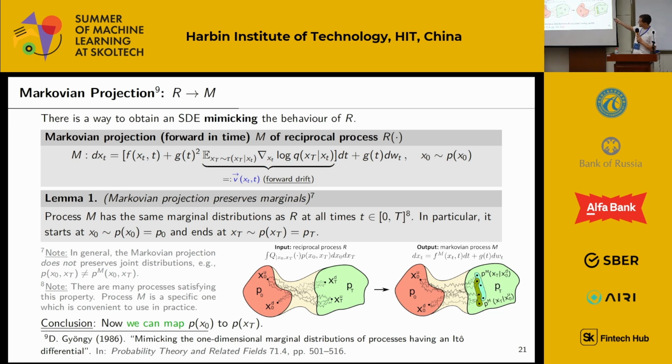So this is the mathematical machinery which allows us to transform a reciprocal process to a process which is represented by a stochastic differential equation and is useful for generative modeling. In short, we can write down a particular process which is called M, or Markovian projection. Why Markovian? Because it is a diffusion process, it is a Markovian process, which satisfies many nice